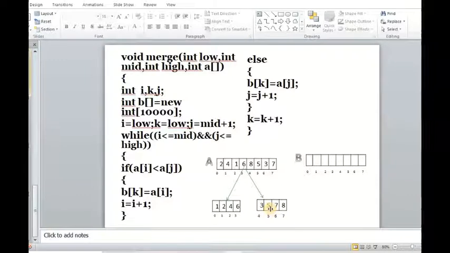Okay, next what I want to do is, don't concentrate on the coding part, students. I will explain the coding part. Now I am explaining this example. Please concentrate here. So now what I will do is, I want to merge these 2 subarrays, such that when I merge these 2 subarrays, I want to sort and merge them.